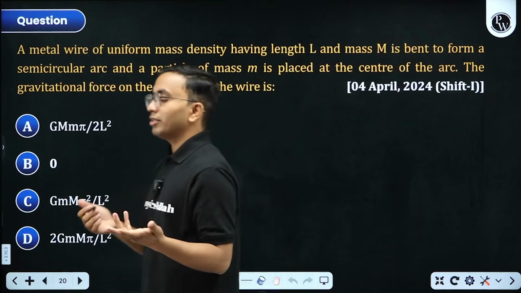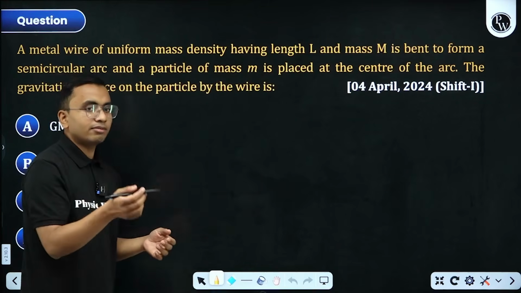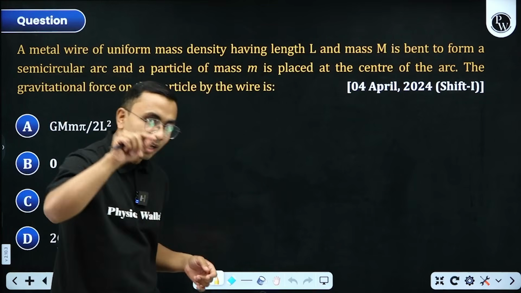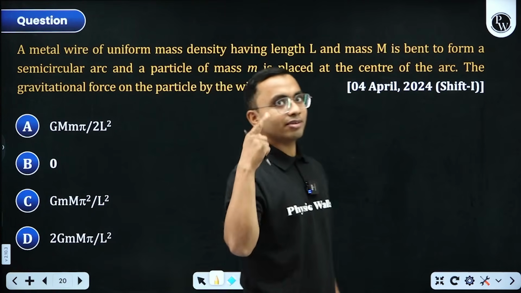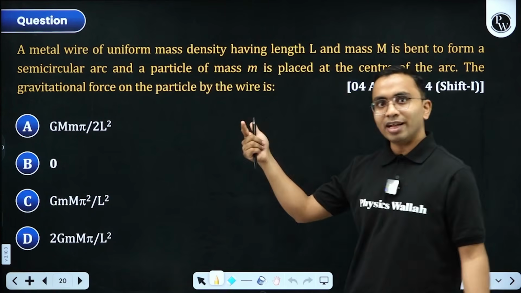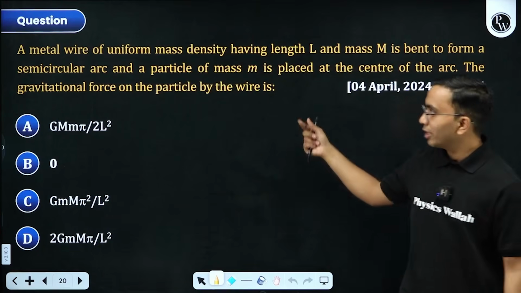Like I'm deriving the electric field due to, let us take, a ring. That derivation may not be asked, but when you derive that, concepts will be built and you will remember that formula. Okay, 2k lambda by r here. Here that is 2G lambda by r. Same thing. So let us put that.